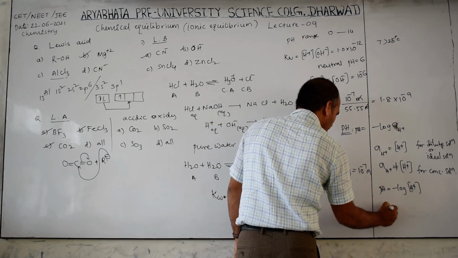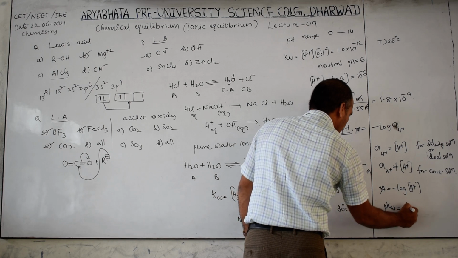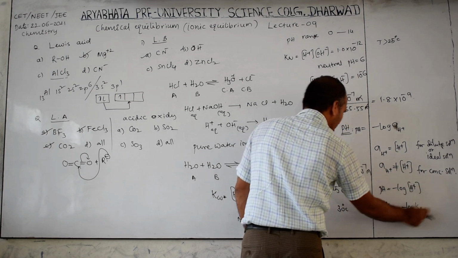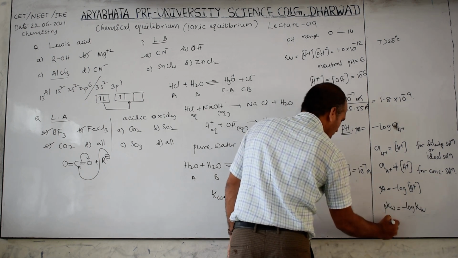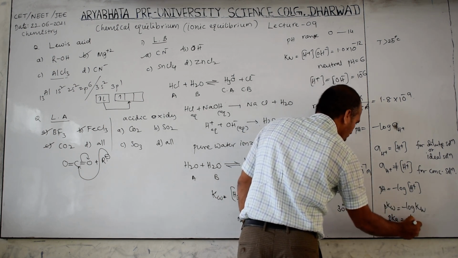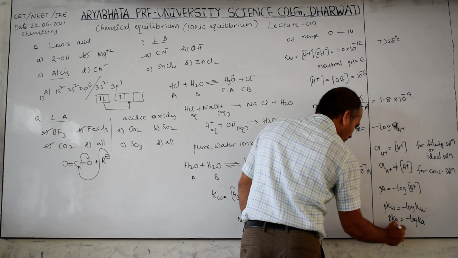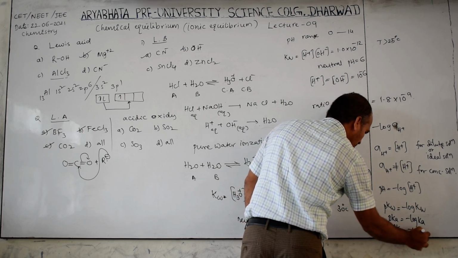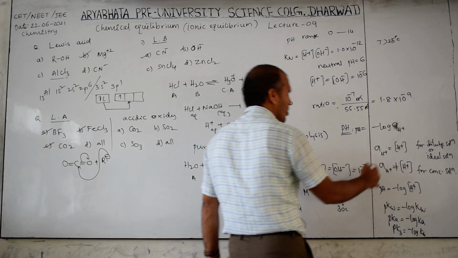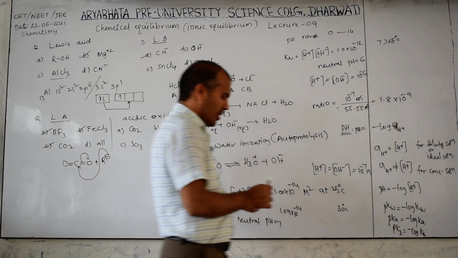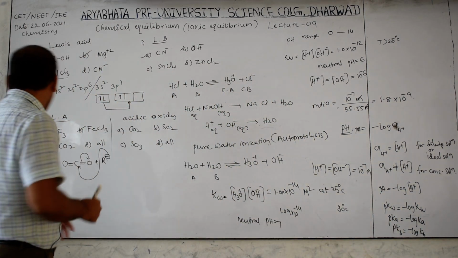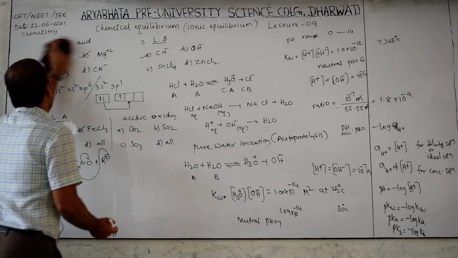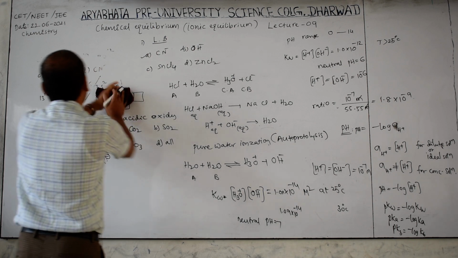Now based on this formula, this is the power of hydrogen. If power of Kw is there, therefore negative logarithm of Kw. Here pH means H, pKw means Kw. Here pKa means negative logarithm of Ka. pKb means negative logarithm of Kb. So these formulas are frequently involved. Therefore you have to remember these formulas. Without these formulas you can't calculate. So try to remember and note down these formulas.